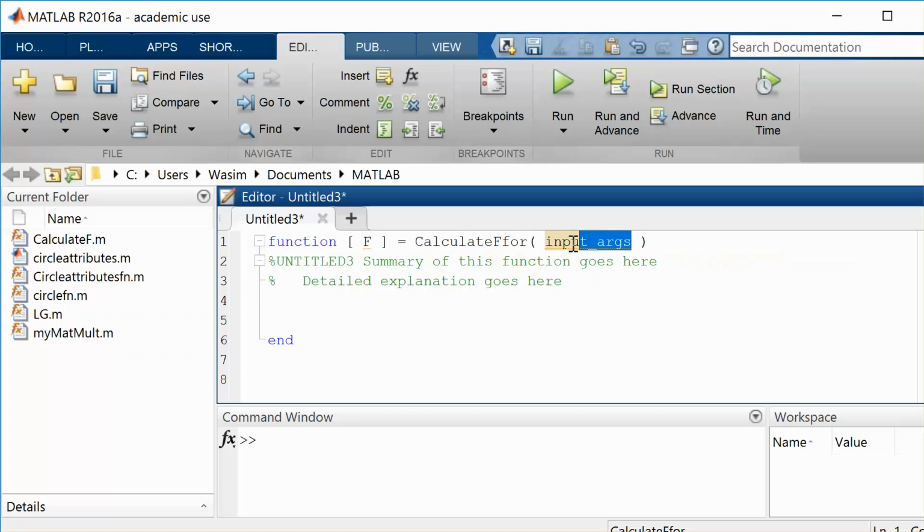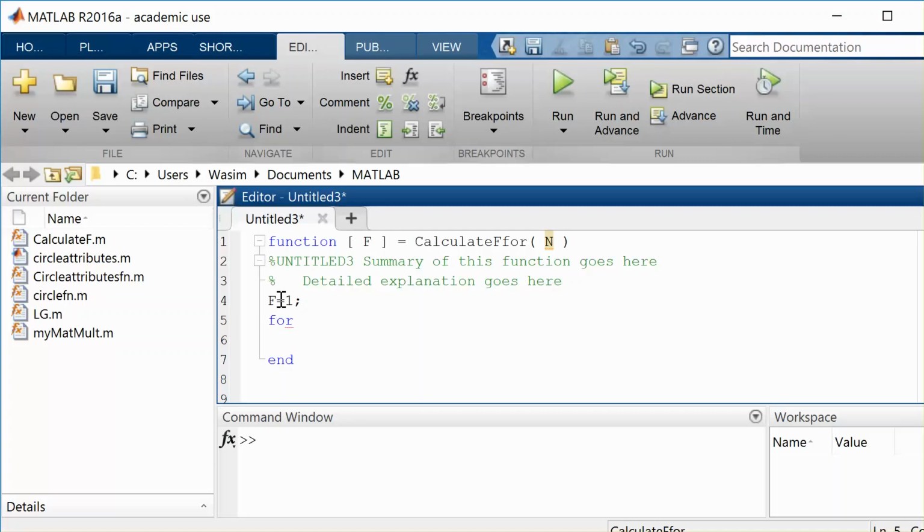And the input argument is going to be n. We can use the for loop here. So before I get into the for loop, I will initialize the output to 1, and then I can use